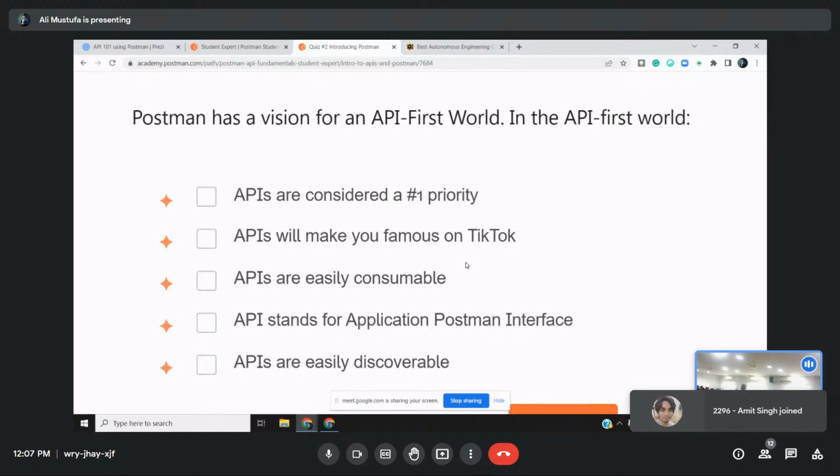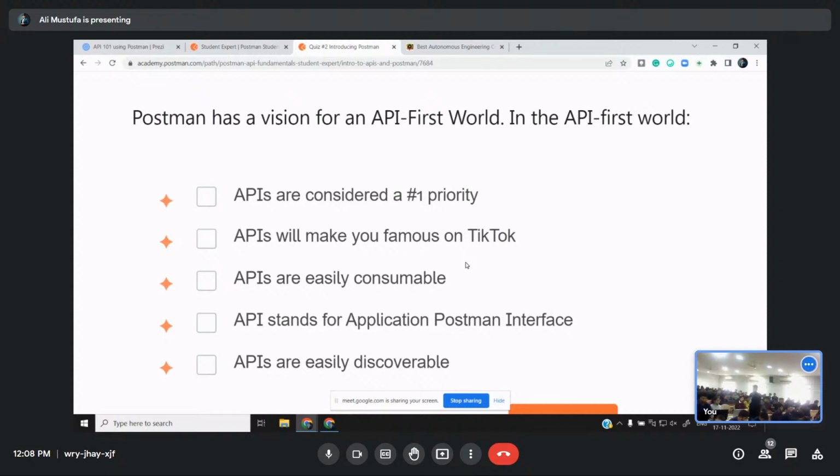So see, Postman is a tool. Our goal is to teach you about APIs. Tomorrow, if you learn about APIs, you can use any other tool. So Postman acts as a tool. Our goal is to teach you about APIs, using Postman as a tool for now. But as you learn more about it and if you discover a better tool, you are happy, we are happy. That's our goal.